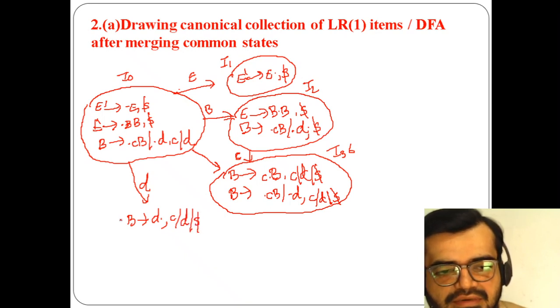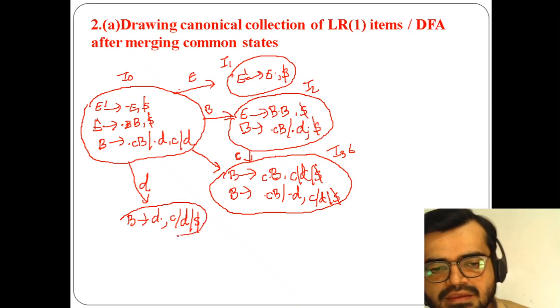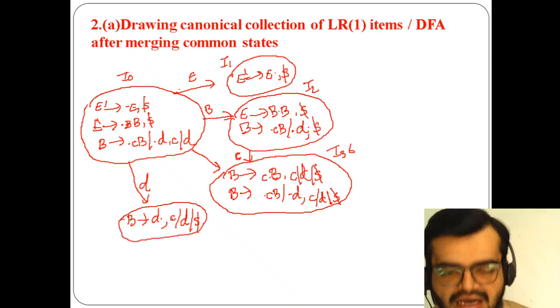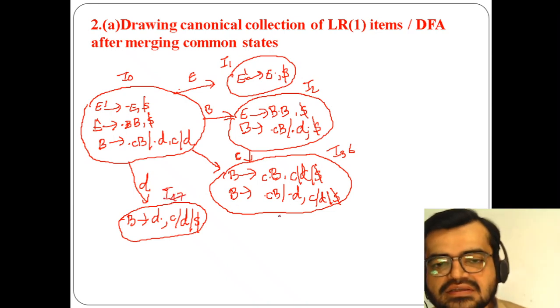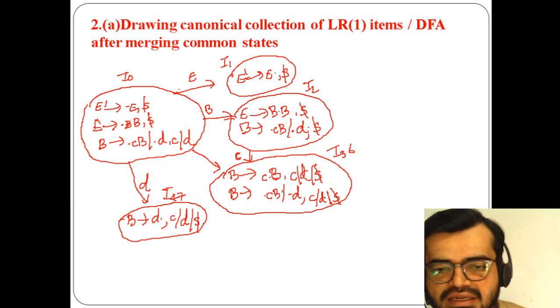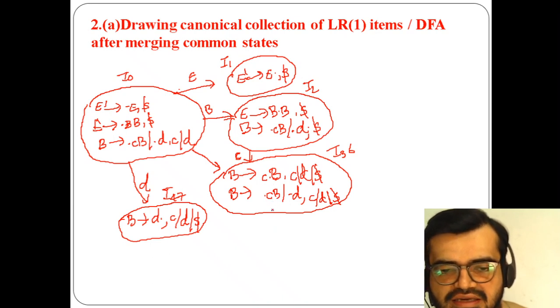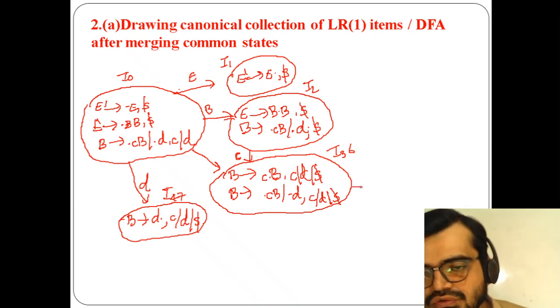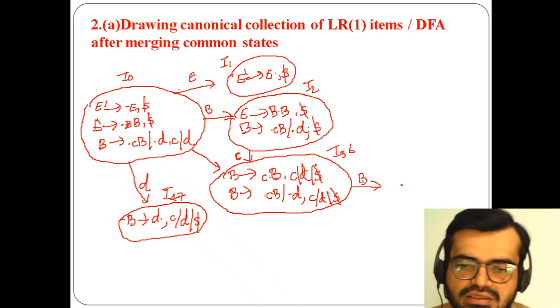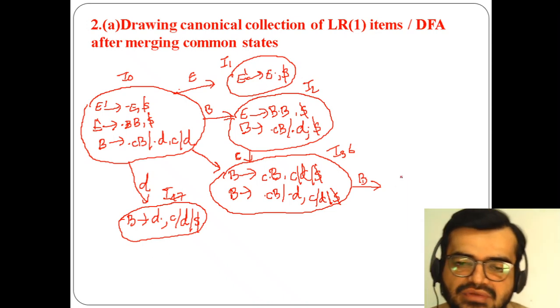All the lookaheads I'm taking at once here. So this is I47, right? And this C will be repeated here for the second production. But for the first production I have to use B, so I'm using B here. When I'm using B here, it is going to I8 as well as I9.